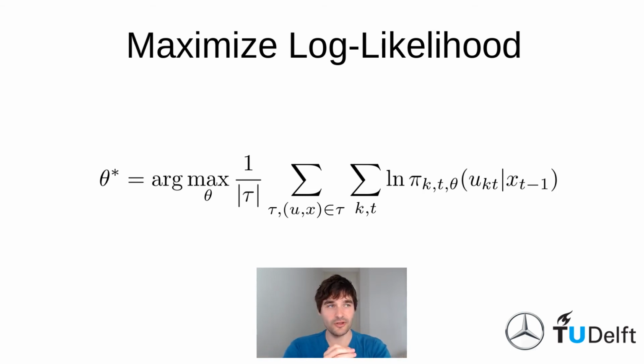So the algorithm looks as follows. Given an initial reward function with initial parameters, we derive the Q values, the value action values for the whole trajectory, thereby knowing the policy. And then we maximize the log likelihood of the data doing a gradient ascent step. Now we get new reward parameters. We do the same thing again. We move through the whole trajectory, all the agents, and then maximize the log likelihood again. So this goes on and on and on until convergence.